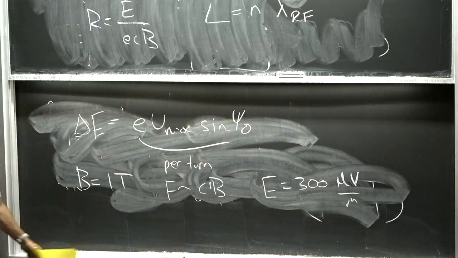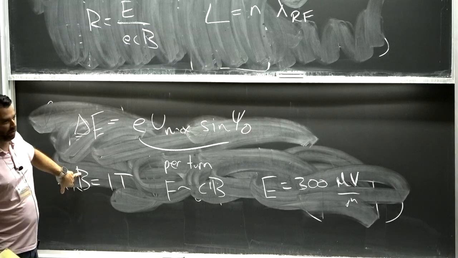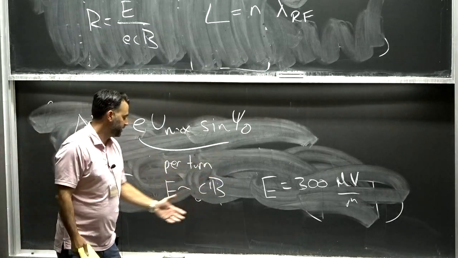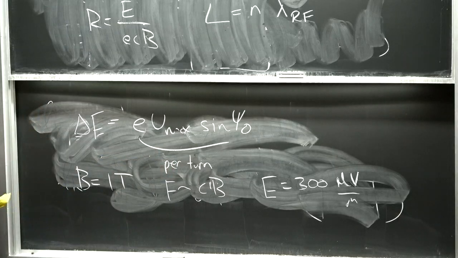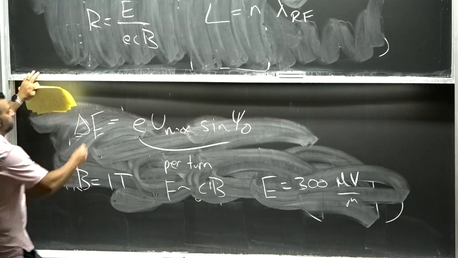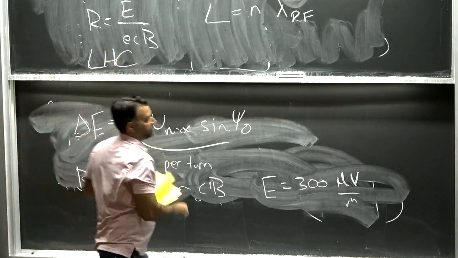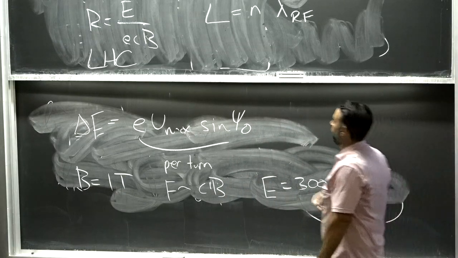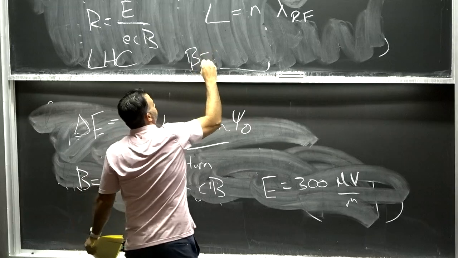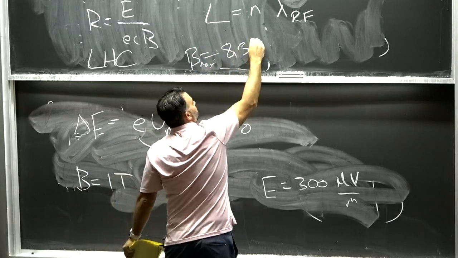Okay? So as I already said, the maximum gradients we get out of electric structures are roughly 100 megavolts per meter. So this is why synchrotrons always have B elements, not all E elements, for high energies, because otherwise you can get Tesla fields easily. 300 megavolts per meter is a gradient that's almost impossible. And to give you a scale for actual particle accelerators, the LHC's bending magnets are 8.33 Tesla. Okay? So B maximum is 8.33 Tesla.